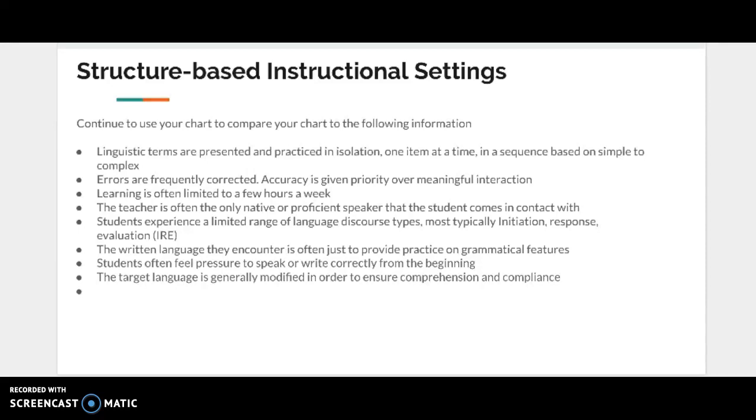Errors are corrected frequently and accuracy is given priority over meaning. Learning is often limited to a few hours a week, usually an hour a day or so in their class, and they're not speaking the target language outside of that. The teacher is often the only native or proficient speaker that the student has contact with. And the student experiences a limited range of discourse types, mostly